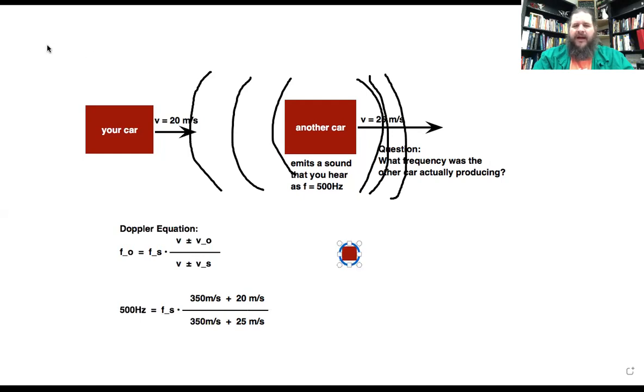That crest is going to spread out. As time passes, the crest spreads out in all directions, still centered at the location where it was created. But as time passes, the source is also moving to the right. So the wavefront is centered on the location where it was emitted from, but the source has moved on since then. The source now emits another crest. Let's say this is exactly one period later. If the source emits another crest at this time,